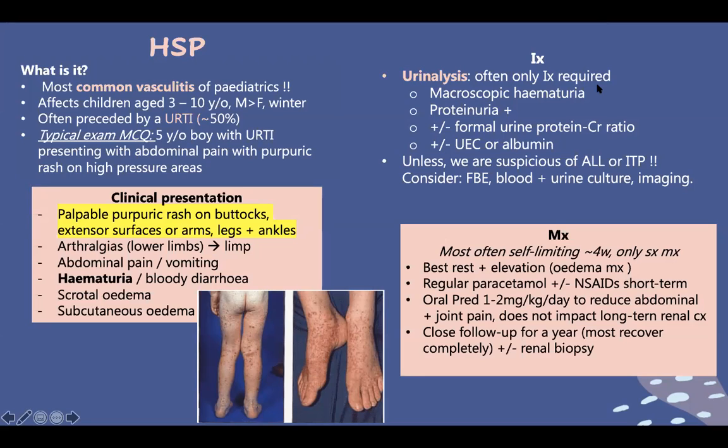Urinalysis is usually the only thing you require. If we're suspicious of ALL or ITP, you consider other things. Usually it takes 4 weeks, it goes away on its own. They also tend to have subcutaneous edema, so you can tell them to elevate their legs, use some simple analgesia, and just close follow-up. You can also do a renal biopsy if you wanted to confirm, and that will just show you the same thing as IgA